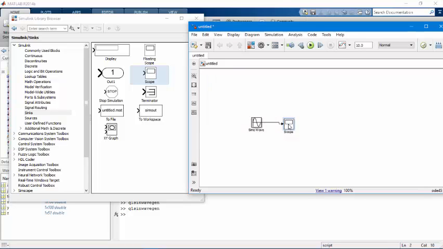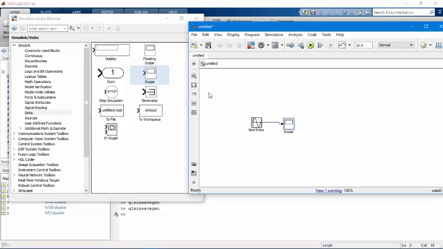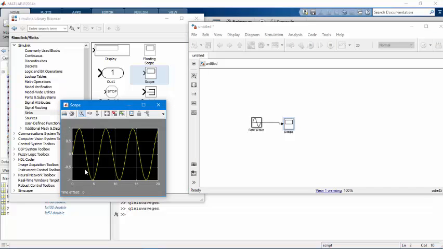Double click on scope, auto scale, and we have a sine wave from t is equal to 0 to 10 and having magnitude 1. If you want to vary the time for which we are calculating the sine wave, you can do it from here. The wave will always begin from t is equal to 0, but you can select the ending time. Let's say it is 20. Auto scale, and now we have a plot of a 0 to 20 second sine wave.